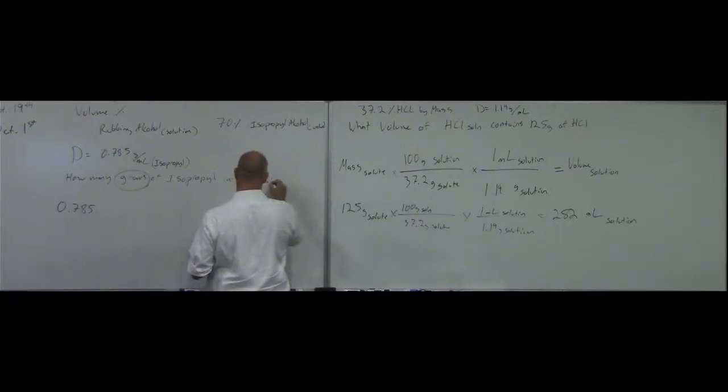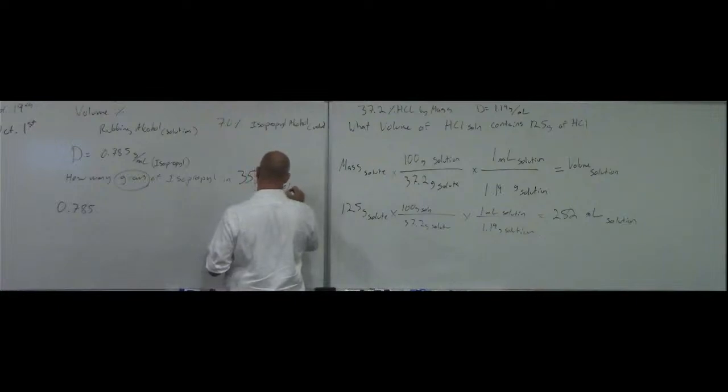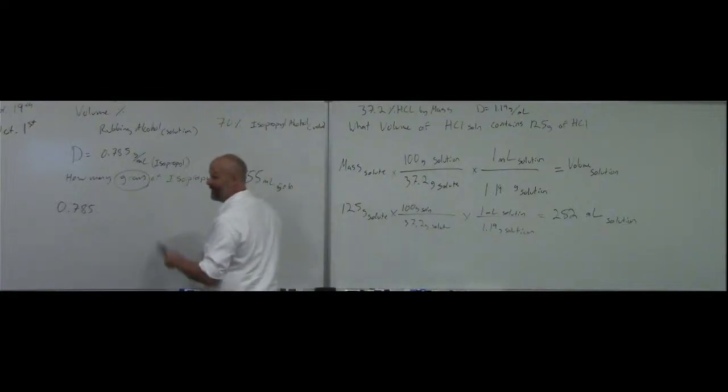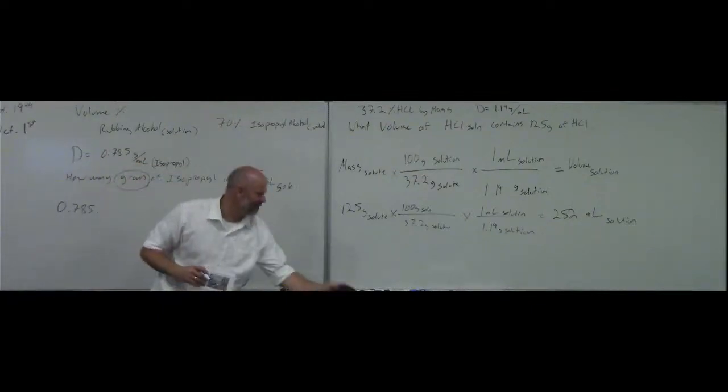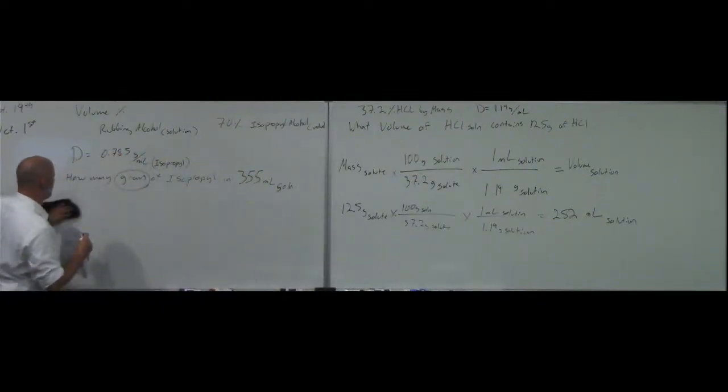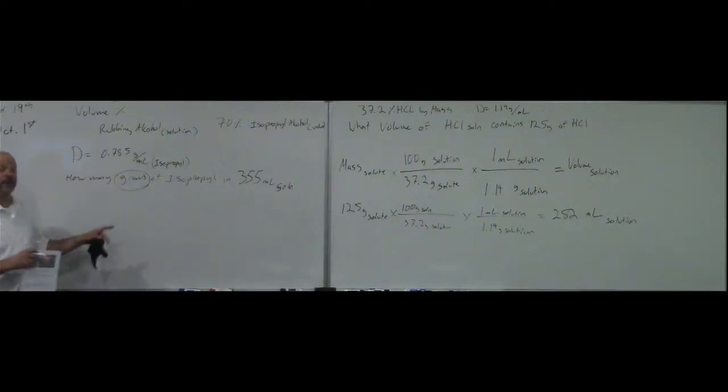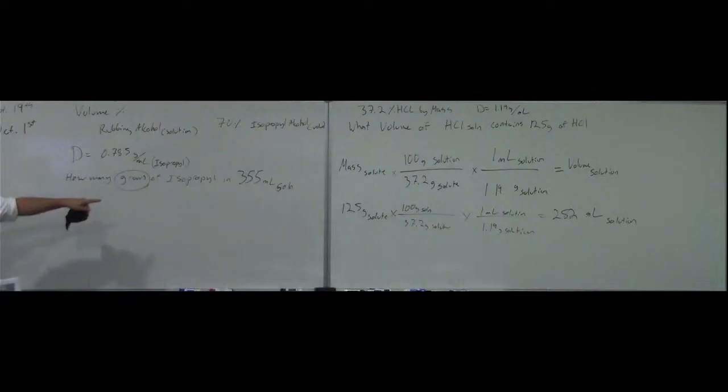So the volume. Yes, I'm going to begin with volume. So it's not 0.785. I'm going to begin with 355, but I'm not going to do that because first I want to write out the concept of this formula. So I'm going to begin with volume